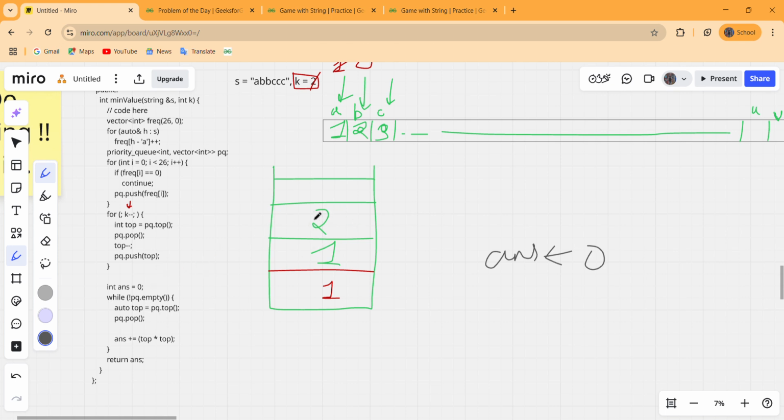Pop out our current element, that is this 2, and add the square of the topmost element inside our answer. That means this 2 into 2, and answer is this 2 into 2, that is answer is now 4. Again pop out this and add that inside our answer. Answer will now be 4 plus 1 into 1, that means 1. So answer is now 5,